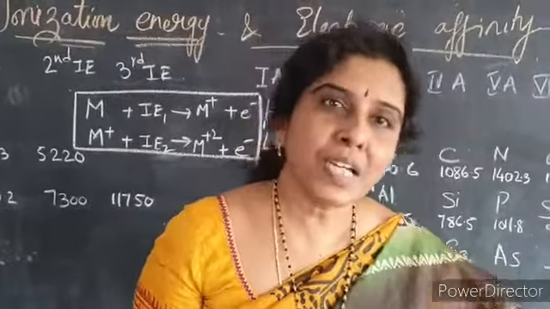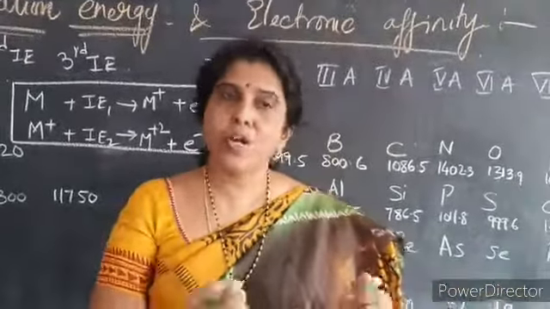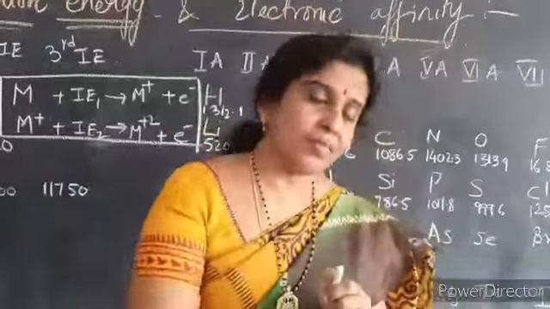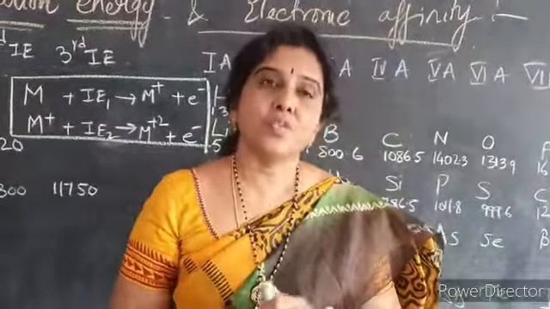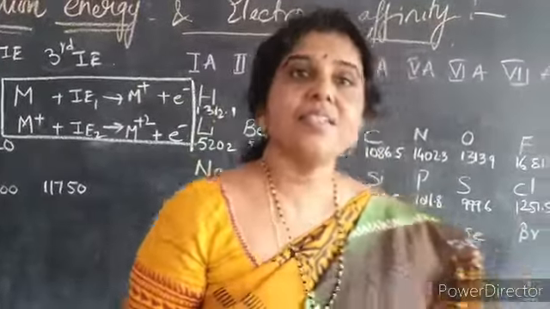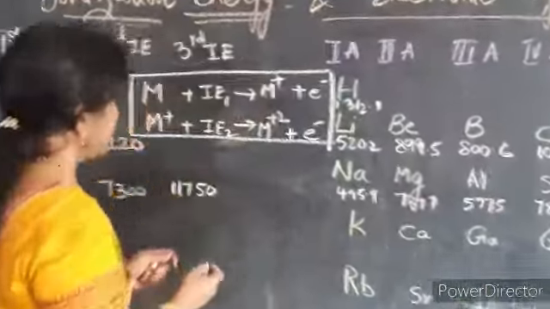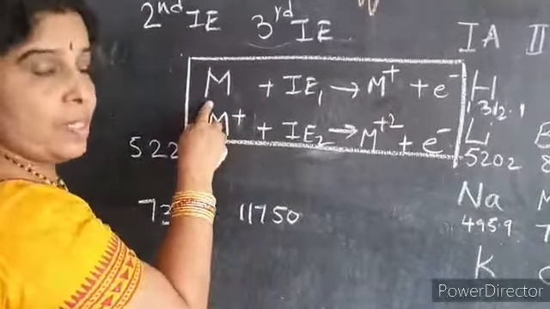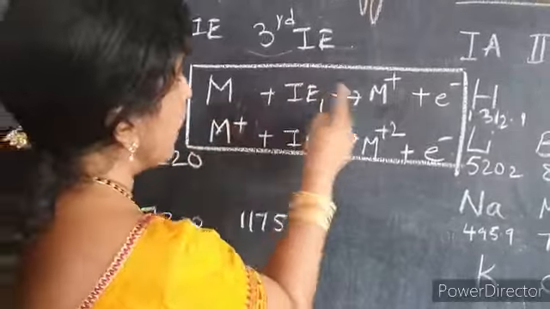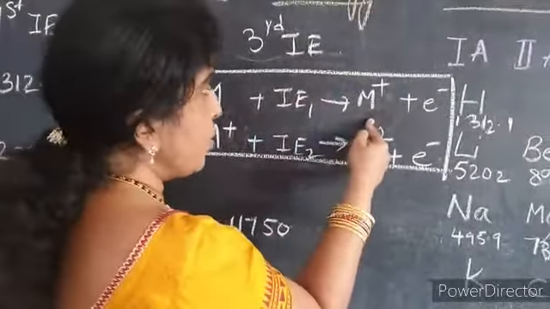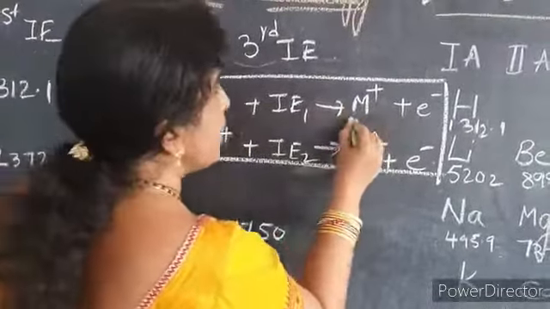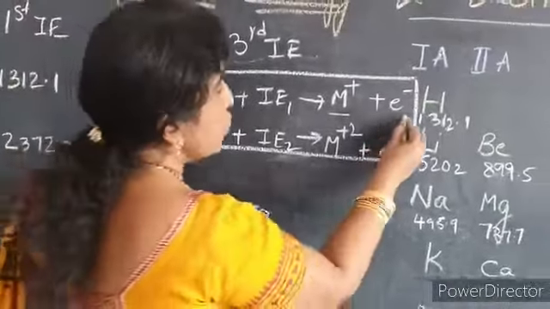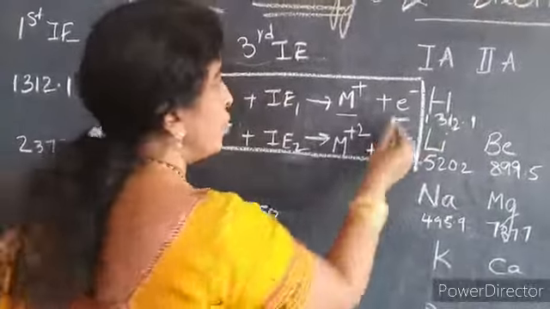Now after removing an electron from an atom, if we would like to remove a second electron, again we need to apply energy, which is known as second ionization energy. So here, at first, when we apply energy to a neutral atom, what is happening? One electron gets removed, so this atom becomes a unipositive ion. One electron is out; we have removed one electron.